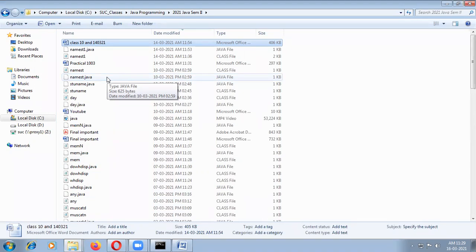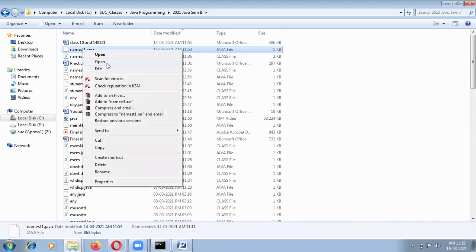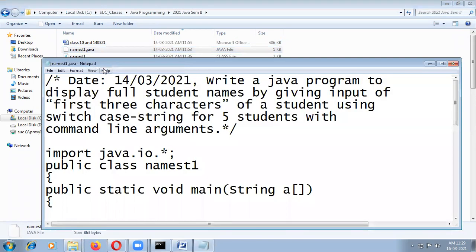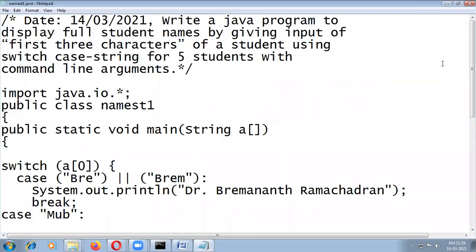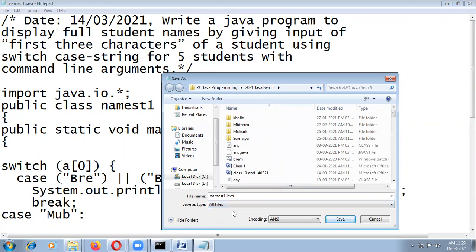Doctor, in Muscat there is no job for Java programming. No, definitely it will come. If the ministry does not open jobs, that is their problem, not our problem. We studied, we are already preparing. So there is no job in Oman. It is a problem of the ministry, not your problem.